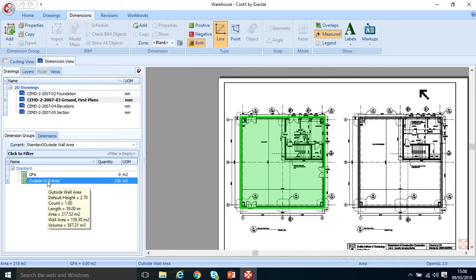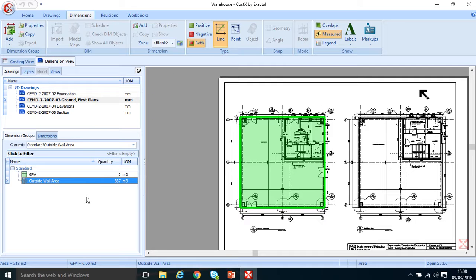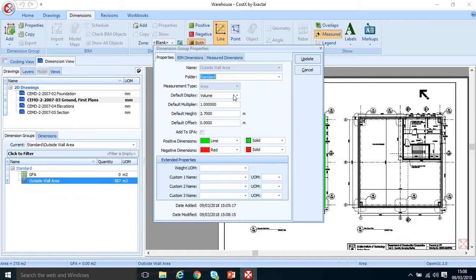Now I can double click on that dimension again, and instead of the area, if I wanted to see the volume, I could click volume and hit update. Now the volume is displayed there, but the secondary quantities are still there. So I'm going to change it back to display area,